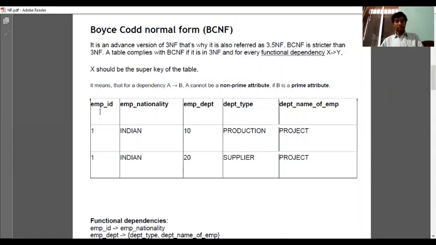So let's see the example. Here is one table in which 5 columns are taken. First column is EMP ID, second is EMP nationality, third is EMP department, next is department type, and next is department name of employee. Suppose we have data in which one employee works in more than 2 departments for the same project.